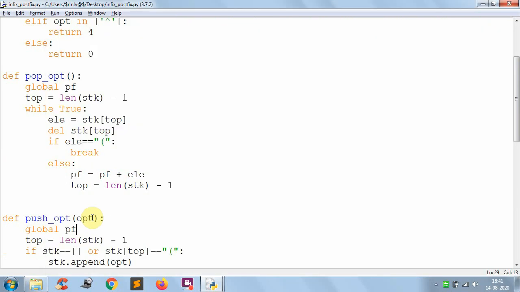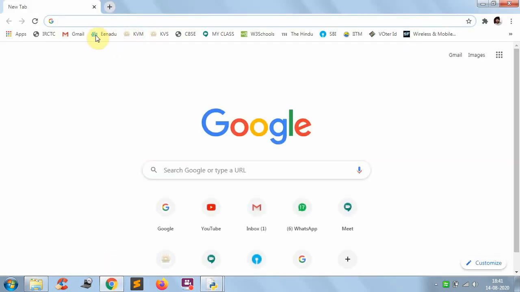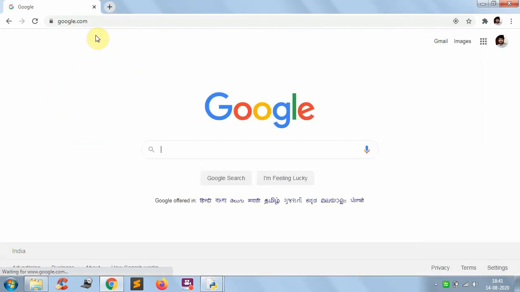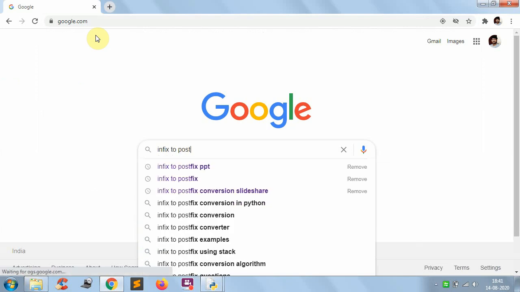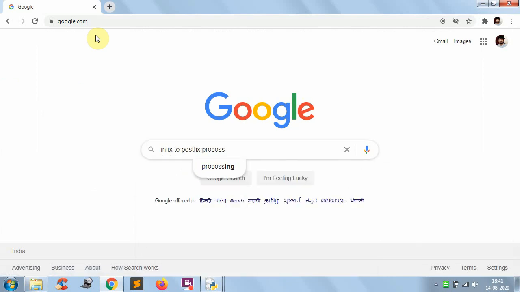If you want to check whether the program is correct or wrong, simply you can go to the internet and you can get any one. So infix to postfix process.